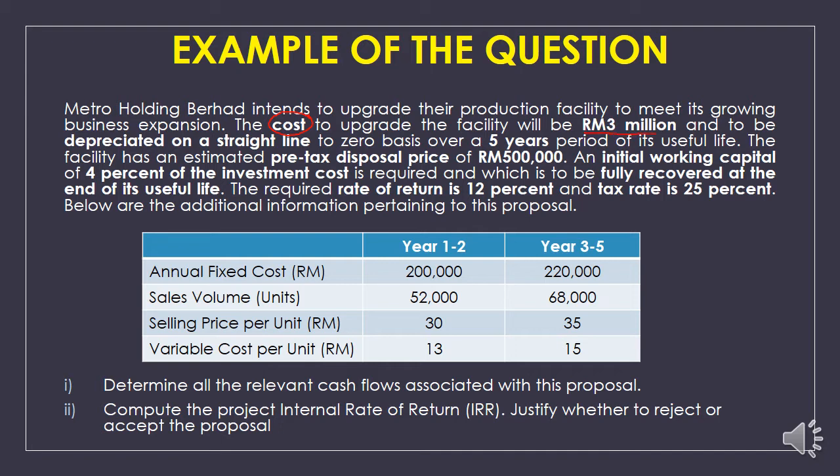So 3 million here represents the cost of the project, equivalent to IO, the initial outlay. And it is to be depreciated on a straight line to zero basis, based on this statement. This means that in this question, the depreciation method is given and you need to calculate the amount of depreciation